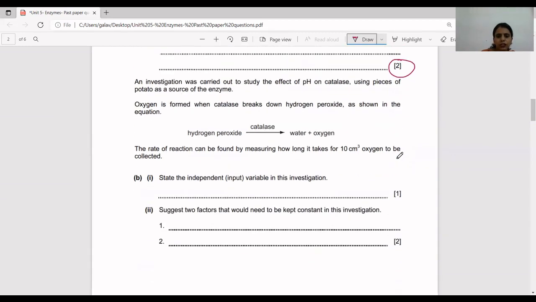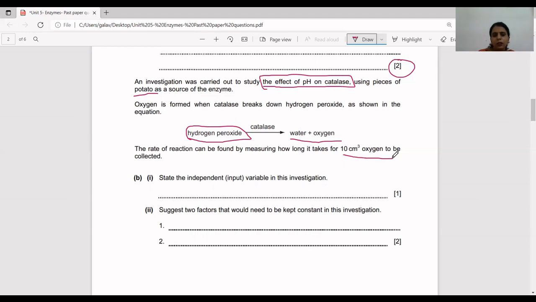Further in this question, it's given that an investigation was carried out to study the effect of pH on catalase. Read the question carefully. The investigation is to study the effect of pH on catalase using pieces of potato as a source of enzyme. So the source of enzyme is potato. Oxygen is formed when catalase breaks down hydrogen peroxide as shown in the equation. So when hydrogen peroxide is broken down by the enzyme catalase, the products formed are water and oxygen. The rate of reaction can be found by measuring how long it takes for 10 cm³ of oxygen to